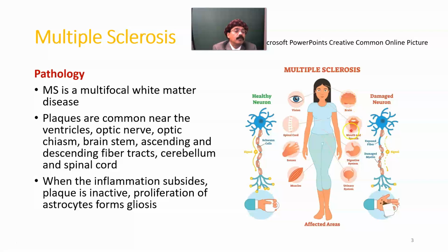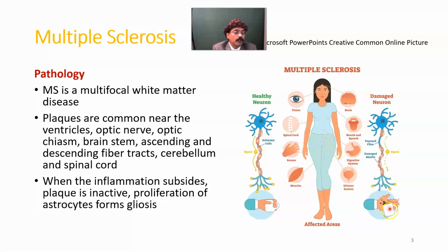Mouth and speech will be disturbed because of involvement of the cranial nerve in the brain stem, so that mouth and speech and tongue will not move properly. There will also be problems in the digestive system. Again, the spinal cord is not working. The nervous system is not working, and there will be dysfunction of the urinary bladder, because the sphincter mechanism does not work because of disturbed nerve supply.